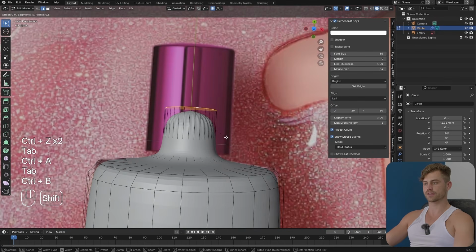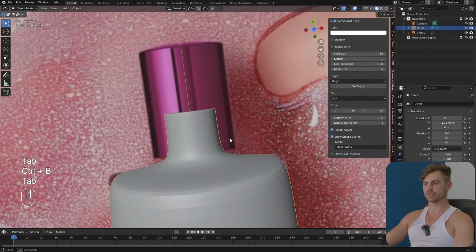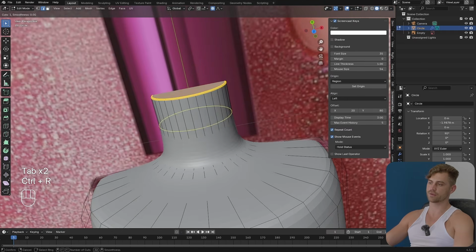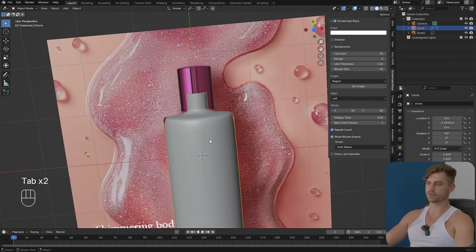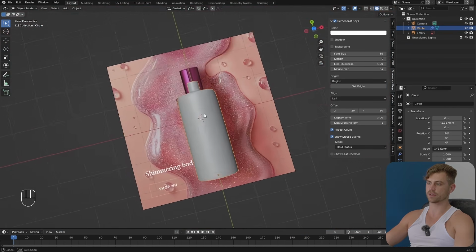Control A, apply the scale. Let's Control B. Now we've got this cool looking bevel. We're not going to use this anyway, so you don't really have to do that. Let's auto smooth. Well, we probably should add some loop cuts over here later on as well and make this